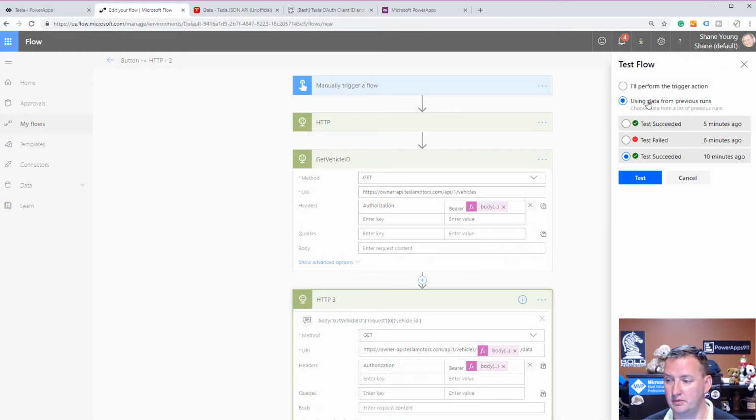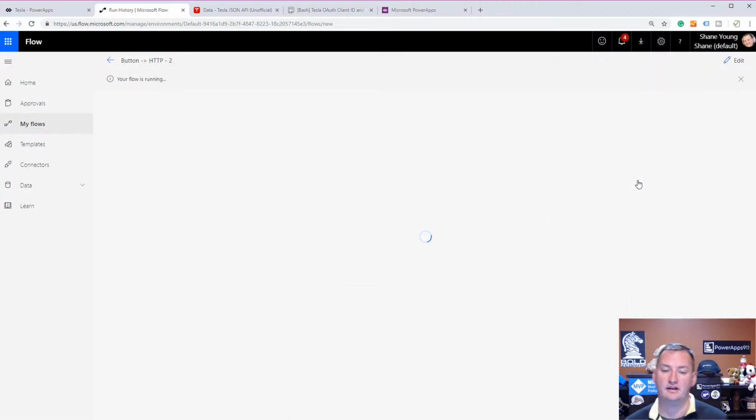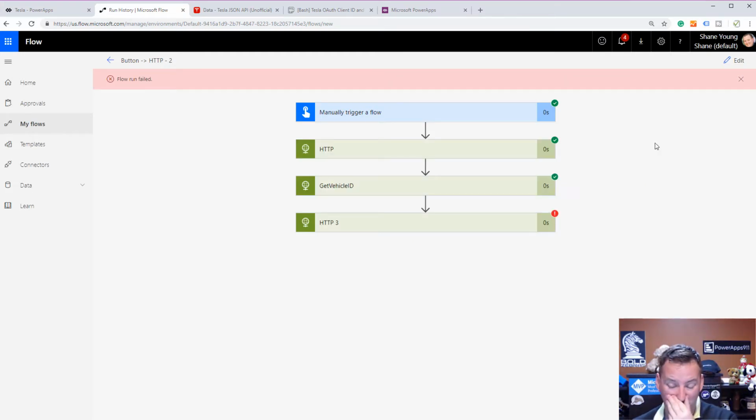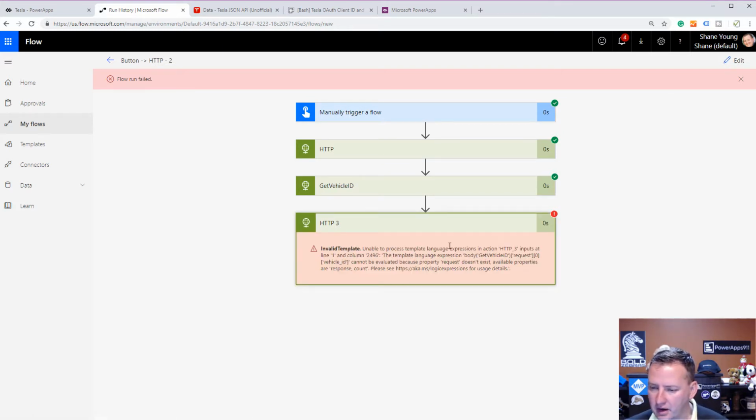We'll say perform the previous run, right? It doesn't matter because all the run does is a trigger. So I just don't want to press the button again. So I just say run the last test. We're going to do our fingers like this. Womp, womp. Our flow failed. I wonder what I got wrong. Let's see. So unable to process the action HTTP3 inputs at line 1, blah, blah, blah. Body get vehicle ID, request 0 is incorrect because the